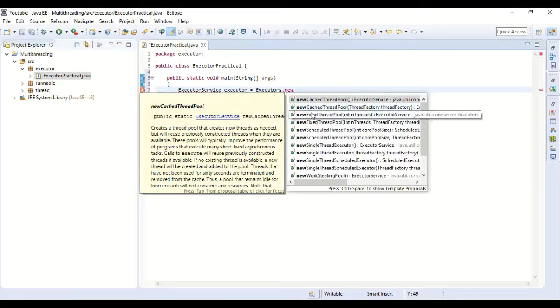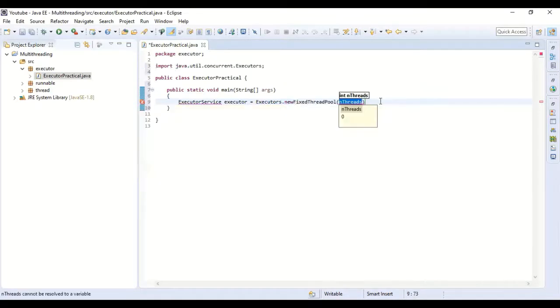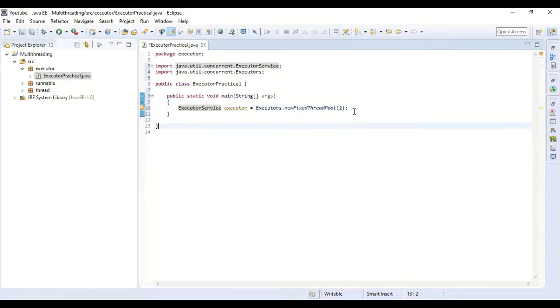We will be using a fixed thread pool, and we will take the same example. We'll have 2 as the thread pool size, and we will define 3 tasks, submit them and see how it works. Let's import this first. We can see it is part of the java.util.concurrent package in Java.